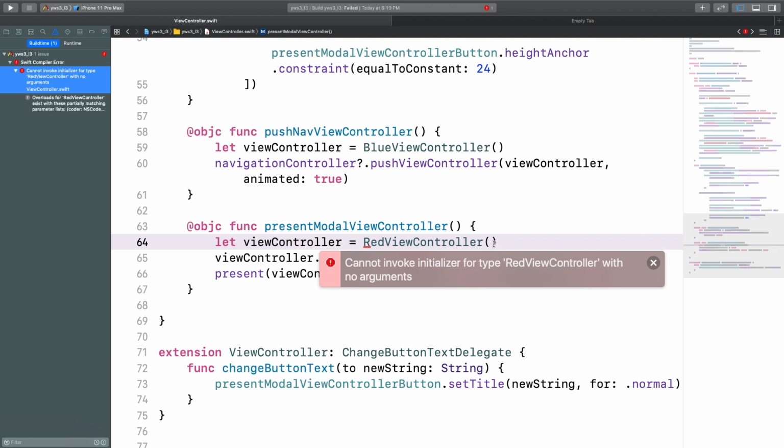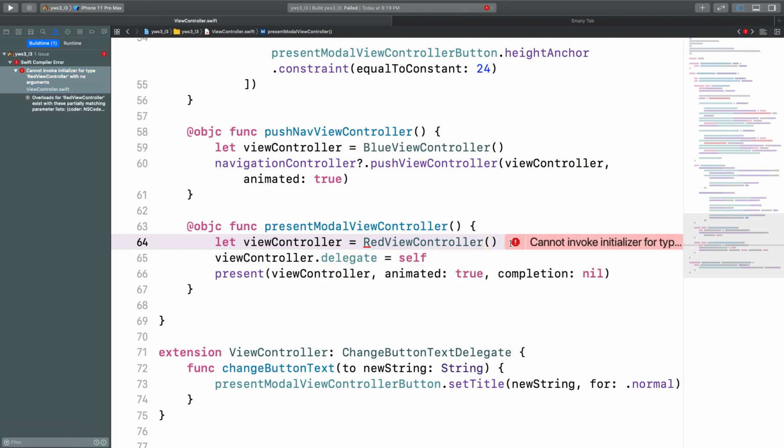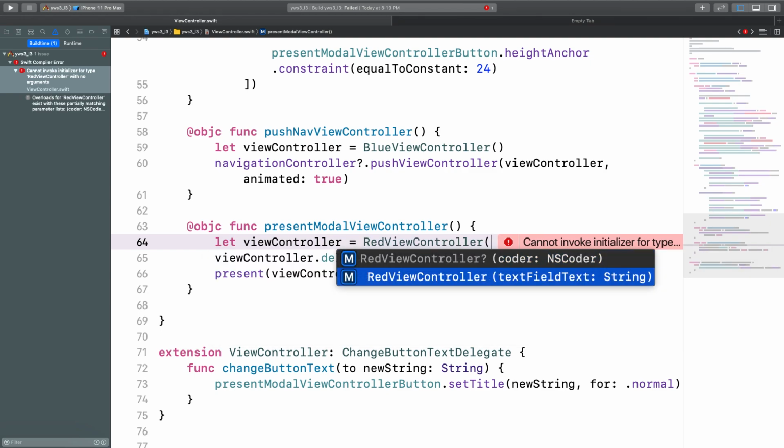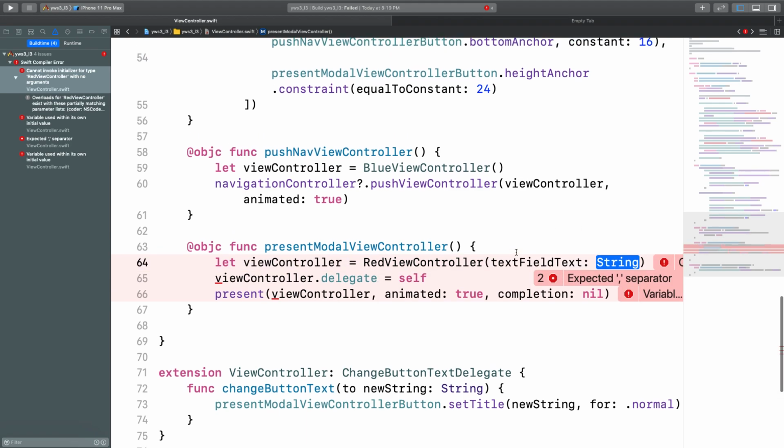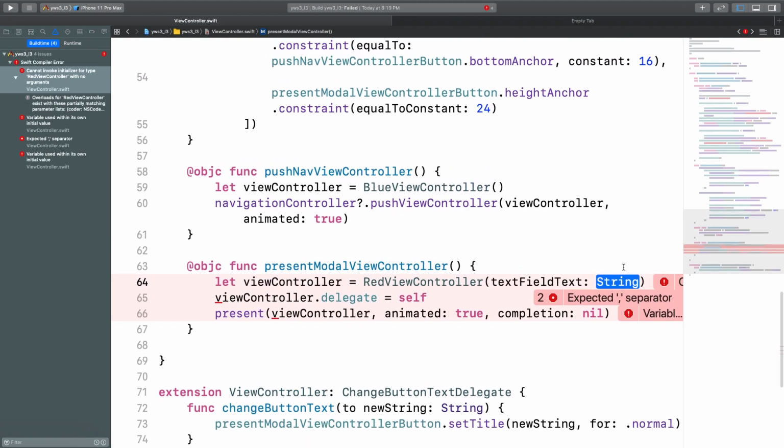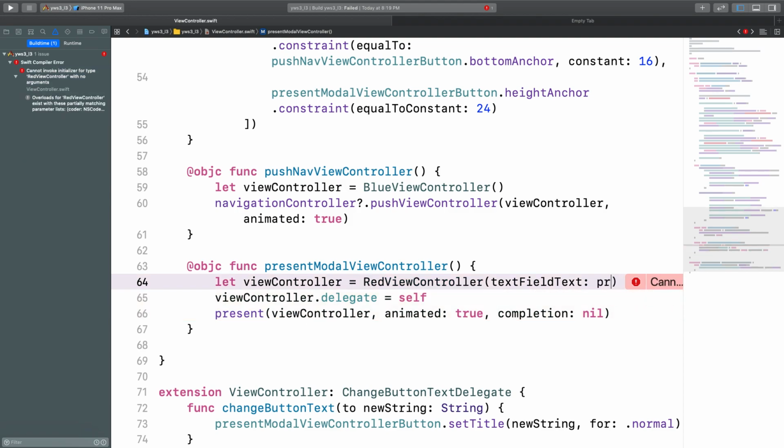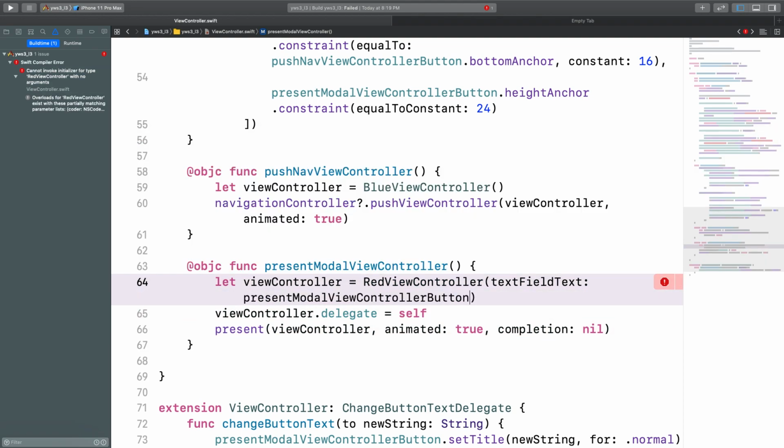But then once you specify your own initializer, with the init that we just created, this default no argument initializer goes away, and you have to use the initializers that you created. So if we do the open parentheses again, we'll see we have the initializer that we created with text field's text. And here I want to grab the text on my button, so I can use present modal view controller button dot